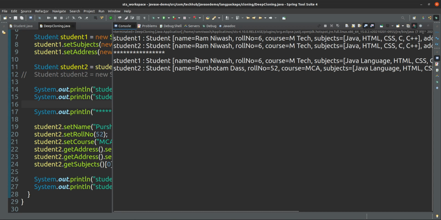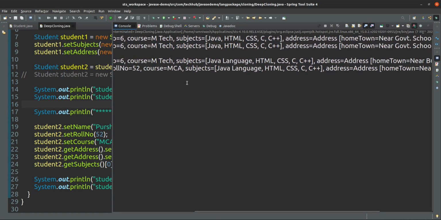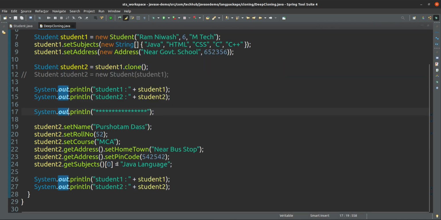So the name I am changing, and the change is happening successfully, no issue. Roll number, course also. But if I change the subject, then the subject changes for both. See, Java language, it is changing for both.